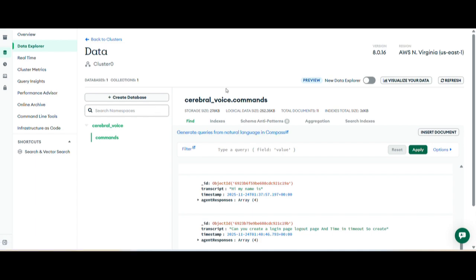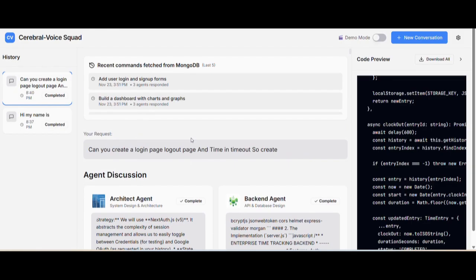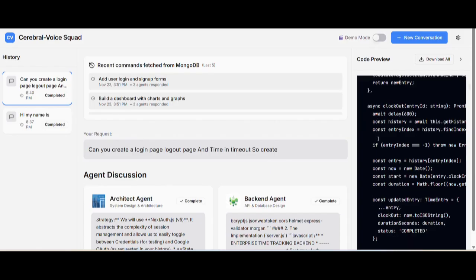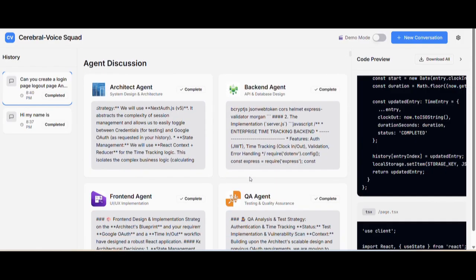So this is the whole process. It didn't create any architecture diagram yet, but we can add more commands to it. And in that way, we can see more work on it. This is still work in progress, so we are still working on it. But I just gave you an idea how this works.